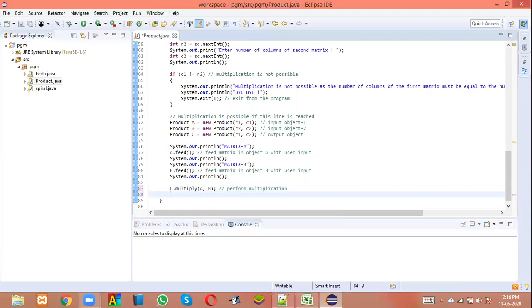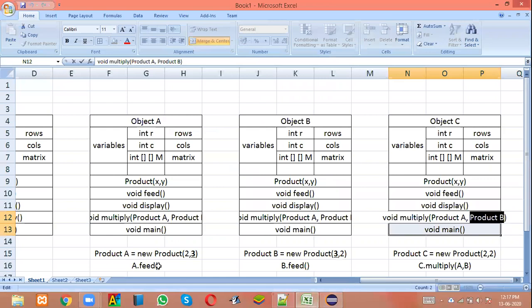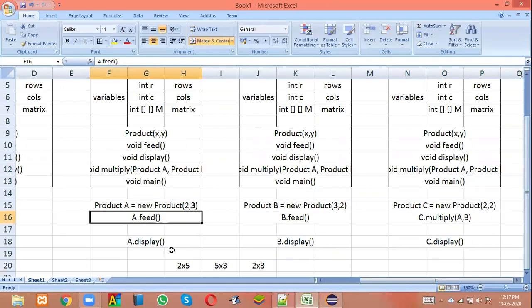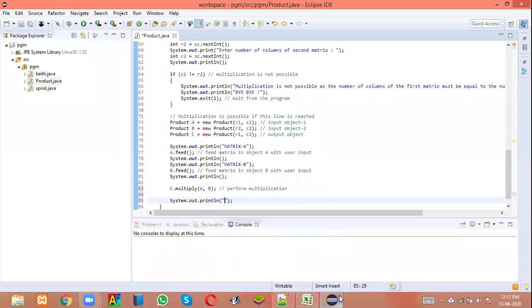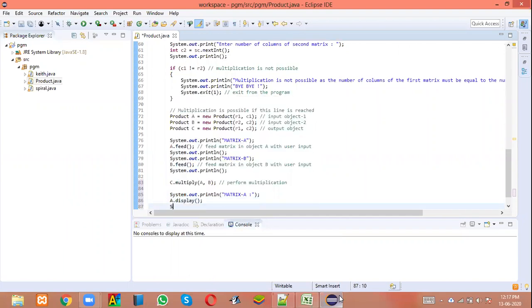After this, what we can do? Now the task is we have to display the first matrix, then display the second matrix, then display the resultant matrix. That's it. System.out.println "matrix A", which will be A dot display, to display the first matrix.